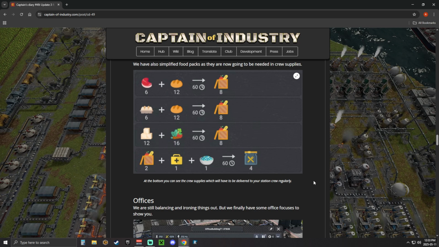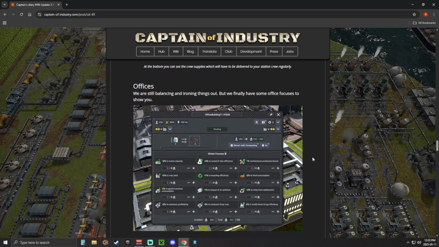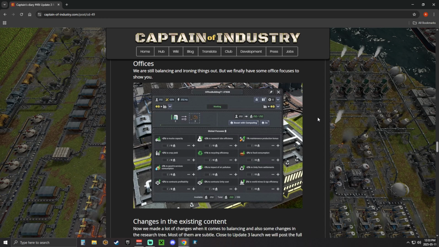Oh, these are crew recipes. Interesting for food. So you have to feed the people that are on the space station. Interesting. So they're balancing some of the...